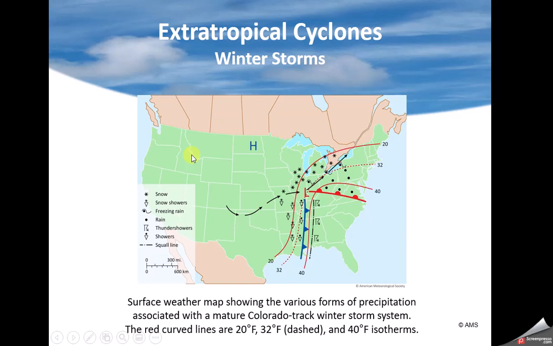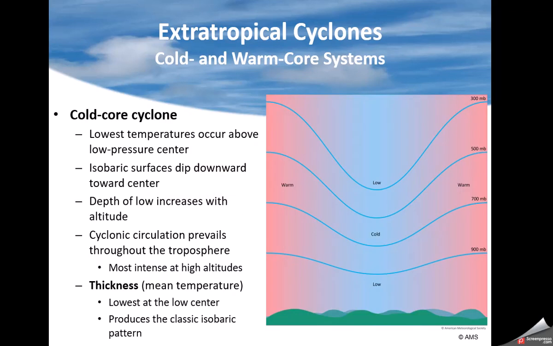And depending on which side of these lows you're on, especially in the wintertime, you may get a whole different variety of precipitation. If you're on the west side and you stay on the west side, you may get all snow, very heavy snow, maybe even a little bit of ice closer to the fronts. But then on the south of the low, along the cold front, you probably get some thunderstorms, maybe even some severe weather. And you get rain out ahead of the warm front. Maybe it starts as snow, but it probably changes over to rain. So it all depends on where this low goes.